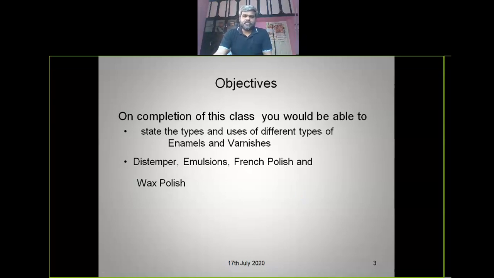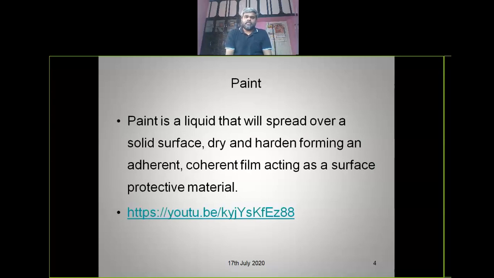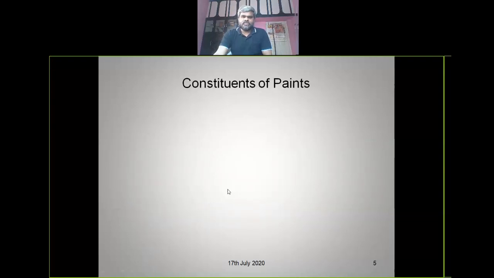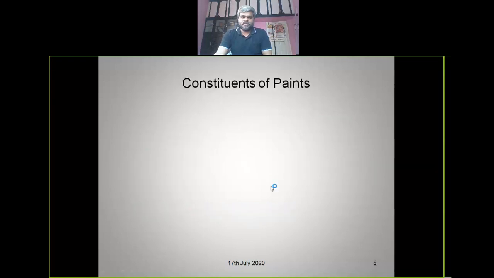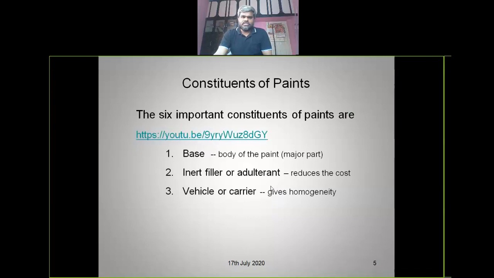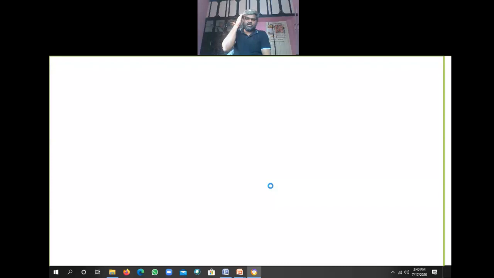And what is a paint? Paint is a liquid that will spread over a solid surface, dry and harden, forming an adherent, coherent film acting as a surface protective material. So let us see one video regarding paint. Constituents of paints: paint consists of the following materials like base, inert material,